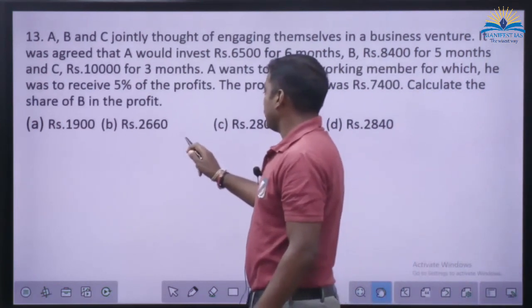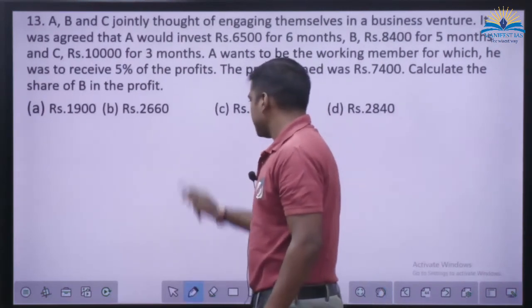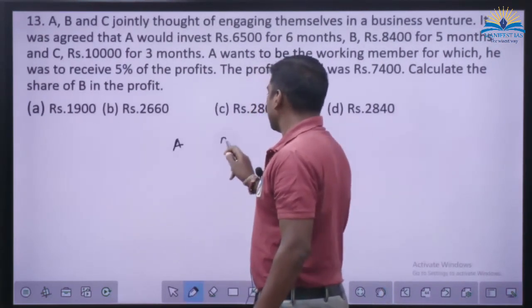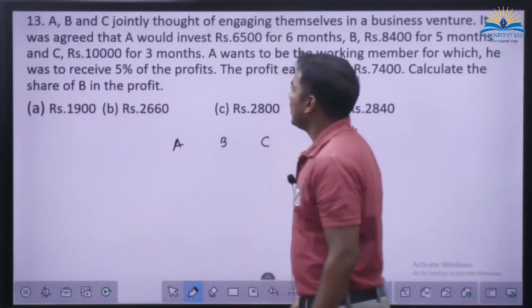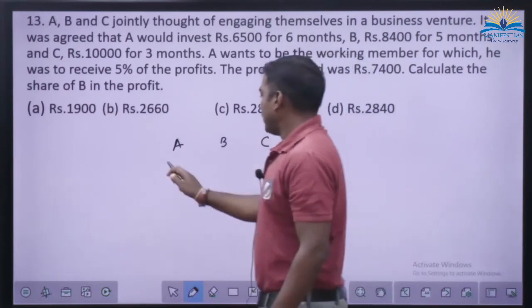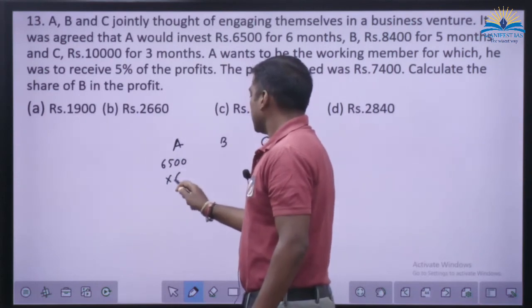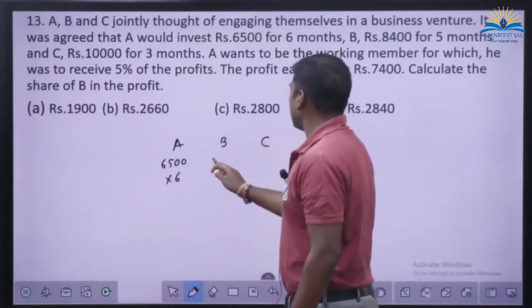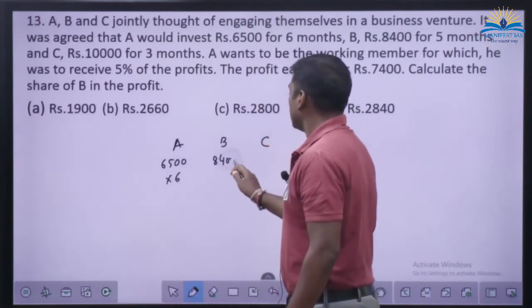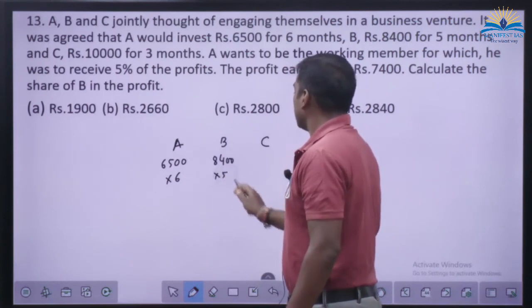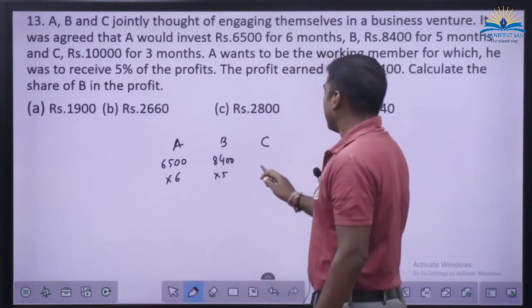A is to B is to C. 6,500 for 6 months. Then 8,400 for how many months? 5 months. Then 10,000 for